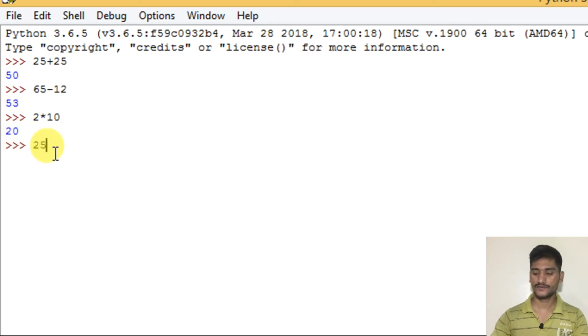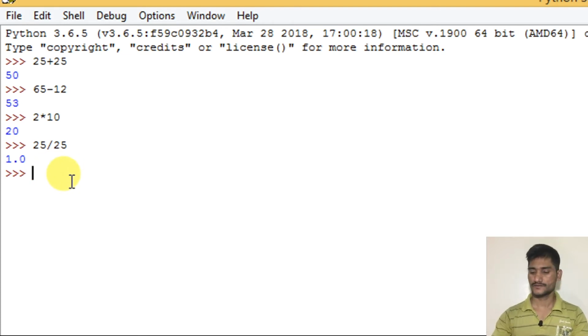Now I want to do division also: 25 divided by 25 gives 1.0. Don't worry about the .0, we will discuss that later. Just focus on whether we are getting what we expect.